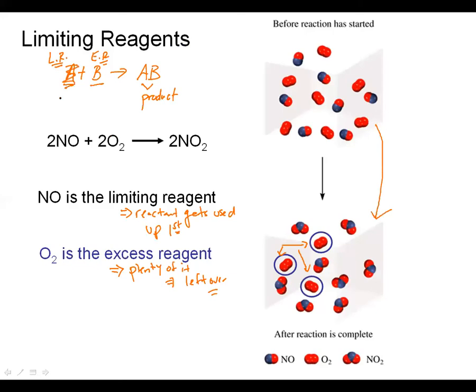And that's going to be problematic because once all that A gets used up, there is no possible way for you to make more product because you actually need an A and a B to come together. So it is always the limiting reagent that's the important one because the limiting reagent determines